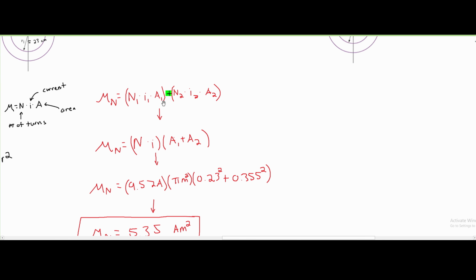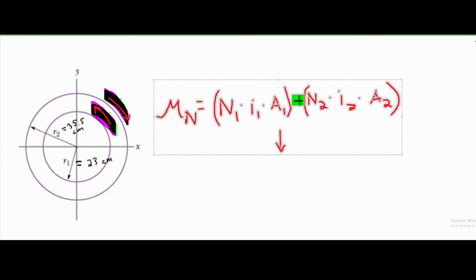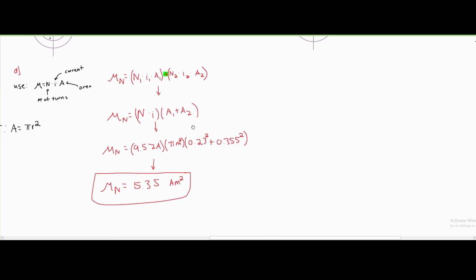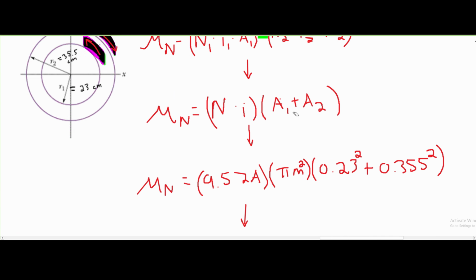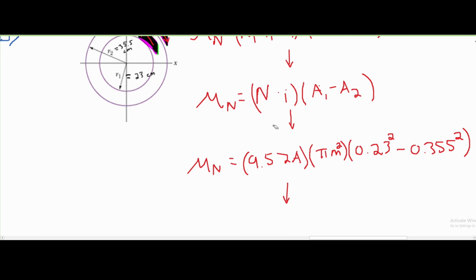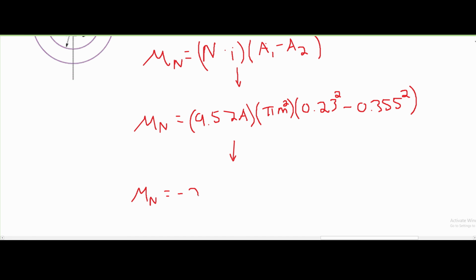And now that these are going in different directions, instead of adding here, we can change this to subtract, since they are going in different directions. So they are now being subtracted from one another. We can look at the same work where we copy all of this and just change the sign on the inside. So in here we're going to get rid of our positive, and in here we're also going to get rid of our positive. Now that we have a different value in our parentheses, we can plug this into our calculator, and we get approximately negative